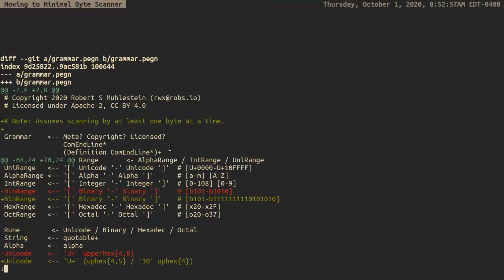Go here, I want to talk about moving to a more minimal byte scanner. I talked about this a little bit yesterday, and I added some changes to the spec there. Overall, they're pretty minimal. I don't think they're going to affect everything, but they're coming up in terms of